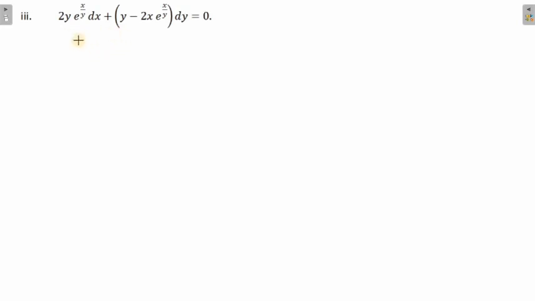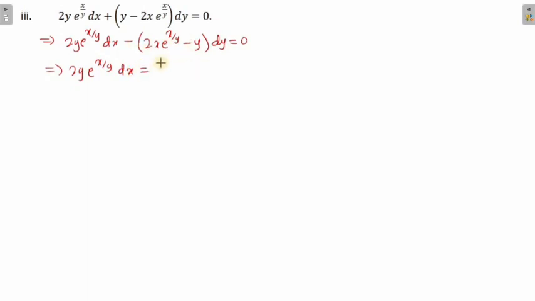So in this question, it is given in the form of x by y. So what I will do is, I'll find dx by dy in this case. Okay, so before we find dx by dy, let me take minus common out here. So you get 2y e to the power x by y dx minus, so when you take minus common it becomes 2x e to the power x by y minus y dy is equal to 0. That's what you are going to get. Now bring this out here, so you get 2y e to the power x by y dx is equal to, so take it out there, so you get 2x e to the power x by y minus y